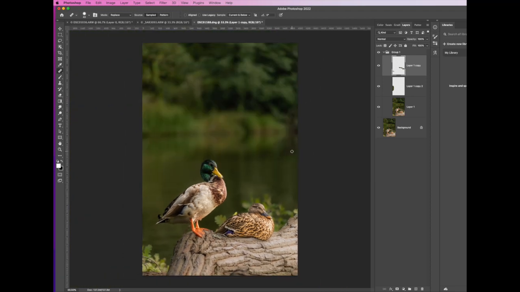So yeah, if you were planning to do a large print of this, you would have to go in, as with any retouching you do to an image, and just make sure your edges are as invisible as possible, so the person looking at the picture can't see where you've done your retouching. But as I say, that